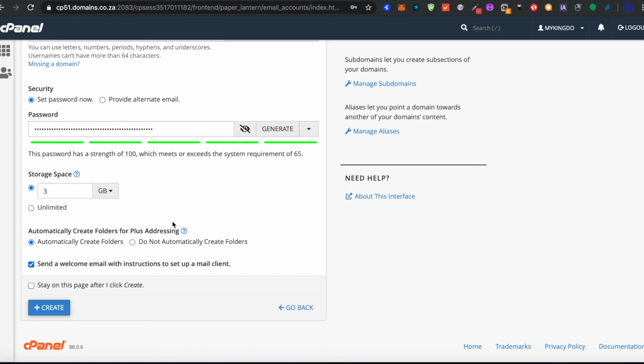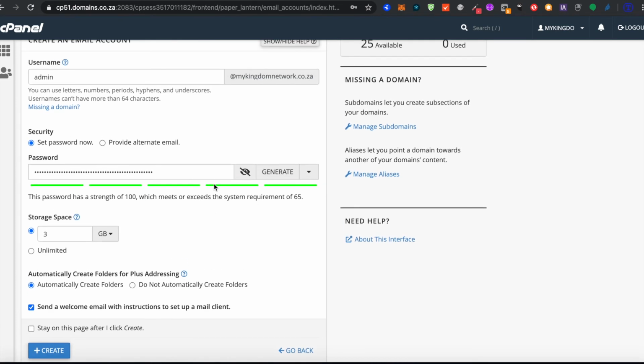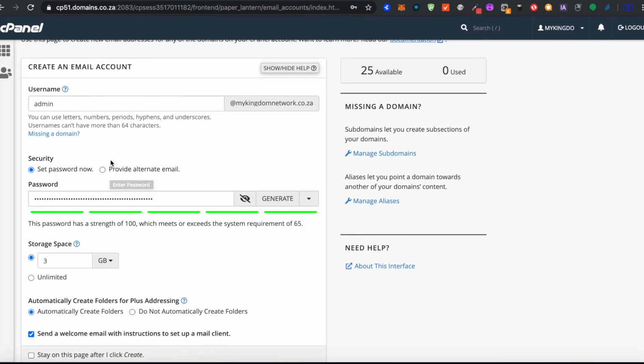But in case they do not do that, it's very, very easy to set up this email account. Now, all you need is this password and your username, which is admin@mykingdomnetwork.co.za, and then you need the host provider for your email account, and your host provider is going to be actually this URL there. So if you look at the top there, it says cp51.domains.co.za. If you just copy that, this is the actual server that is hosting your email, because